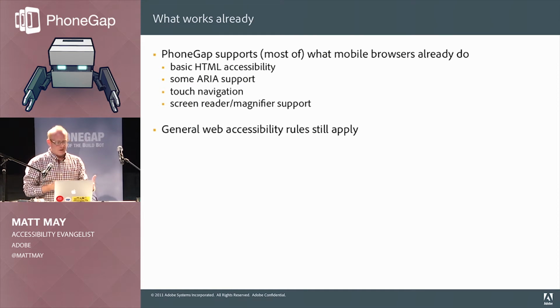So from basic HTML accessibility support, which has to do with just semantics and adding alt text to images and things like that, the same rules apply for doing something in Phonegap now. We have support for ARIA, and that depends from platform to platform. So if you want to create landmarks for being able to tap on certain links to be able to find where the previous and next page link is.